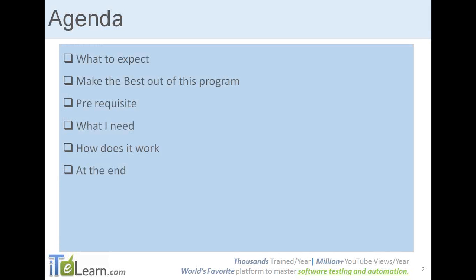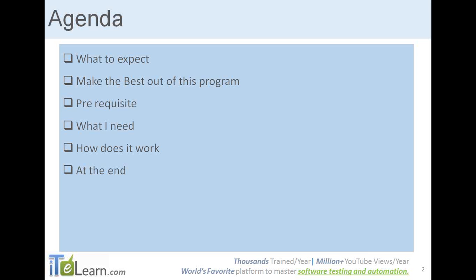So let's see today's agenda. We will go through this. Today would be just a high level, like what we are going to see, what to expect, how to make the best out of this program, what are the prerequisites for this particular training, and what I would be needing from your side.